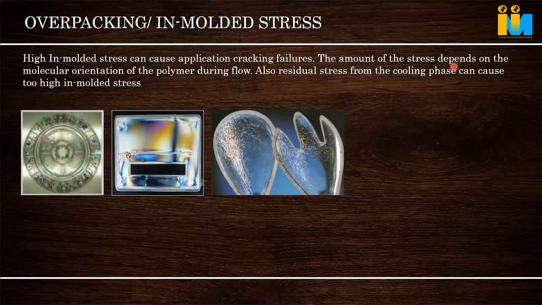Molded in stress may not show immediately. You may have molded the part, it looks good, no problem, the part is very good, and it is used for an application, assembled and working in the field. After 3 months, 6 months or 1 year, you hear that the part has automatically cracked, even without loading. You might have kept it idle. Sometimes it has happened that you packed it and kept it in the box, and after some time the part has already cracked without any loading.